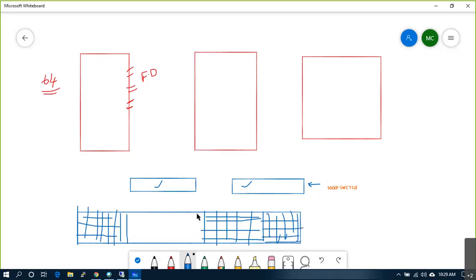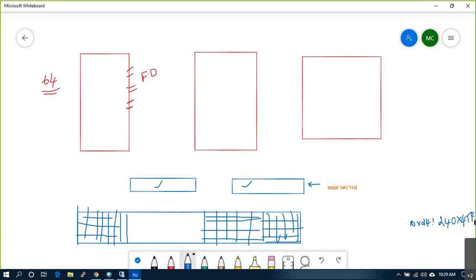How many disk shelves? Boss, the calculation of the storage system works in a different way. So imagine 5 and 5, 10 disk shelves into 24, so around 240 disks of 4 TB each.